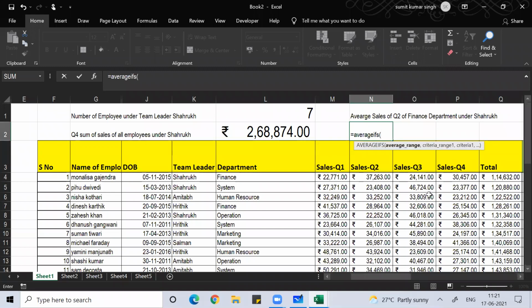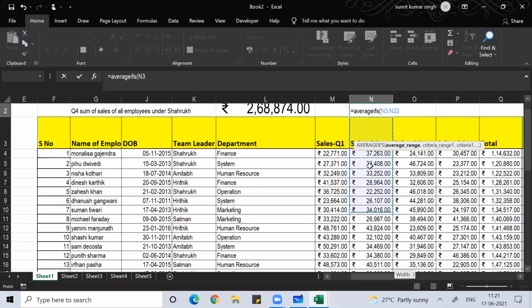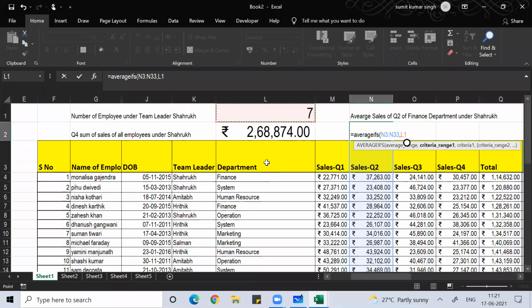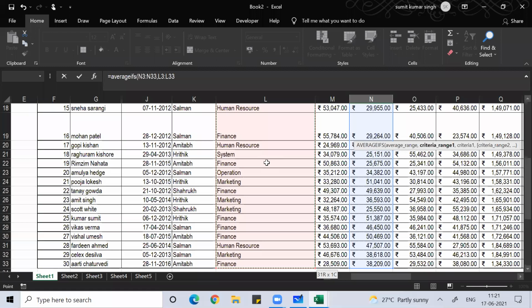Average range, where you want to put the average, so quarter two, right? So I'll select this, Control Shift Down Arrow, then comma. After this was the average range, then criteria range. What is your criteria range 1? That is department-wise. Select the range, select this, okay, comma.